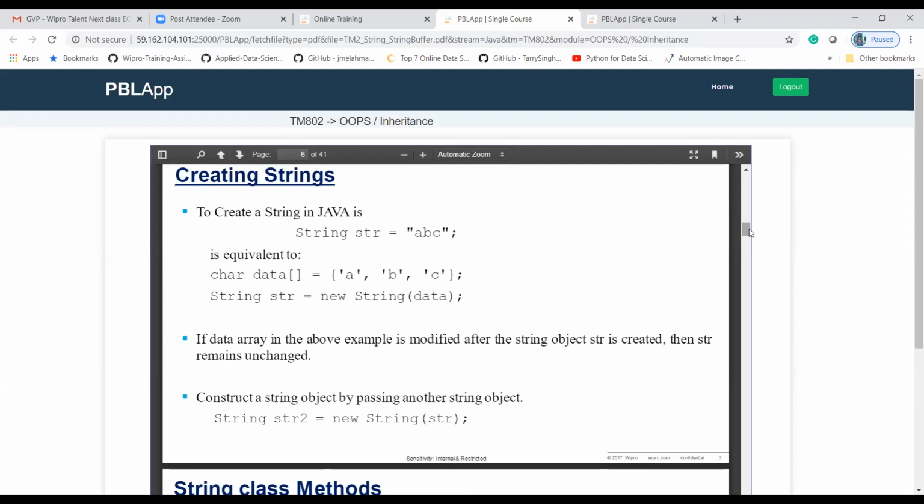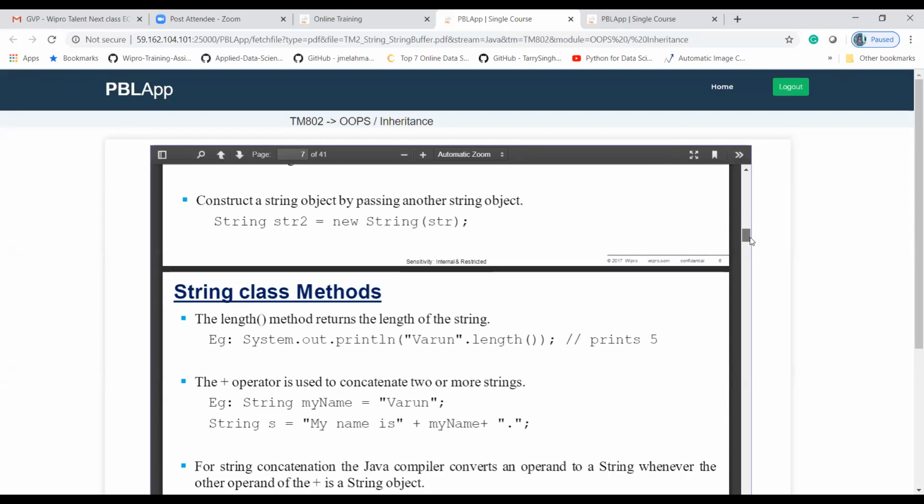Here string is different from data. Here I am taking String str is equal to new String(data), which converts this character array into the string data type. Do you understand?